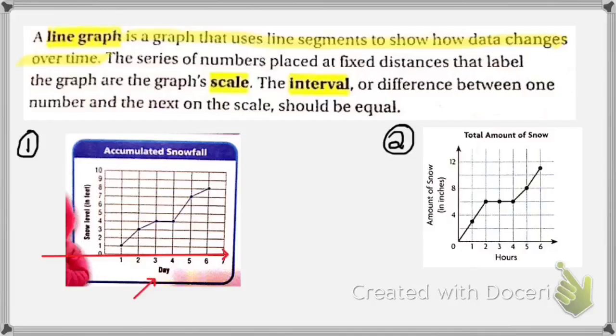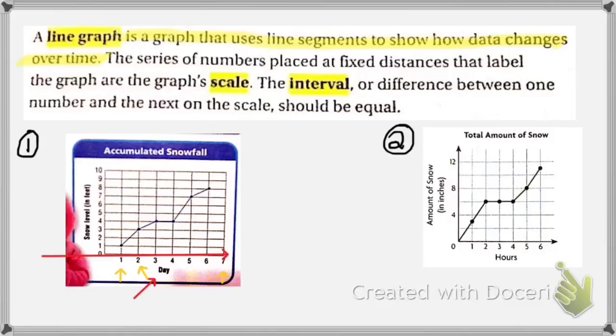The X-axis also has each line of the graph labeled. Again, it's called a line graph, so it's not like a bar graph where you're labeling the spaces. You're actually labeling the lines. So notice here, for day 1, the 1 is labeling that line. And again, day 2, the 2 is labeling that line. Day 3, day 4, day 5, day 6, day 7, all the way down, each number labels the line